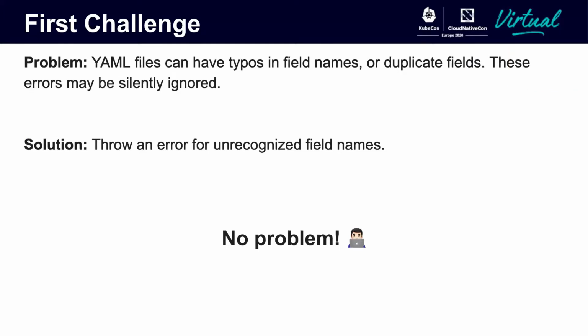It's a good point to get familiar with the code base and learn a bit about API machinery. So this is what I did. This is what I told him I will tackle. It sounds quite straightforward. We have malformed YAML files, and if we load them, it should throw an error, right? So it sounds quite easy, right?